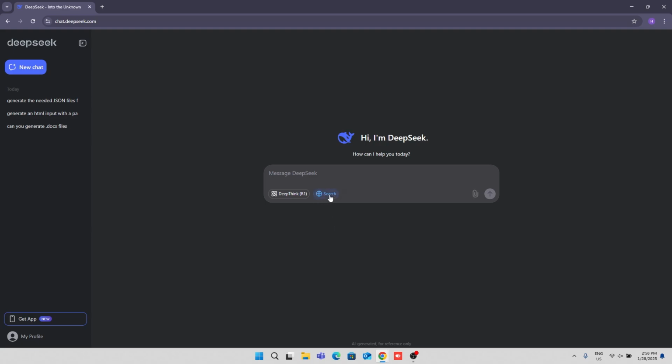Then also you have the search option. You can click on that as well or unclick it. When it's clicked, then it'll search the web when necessary. So for example, if you ask it about something on the market, like what laptop is the best to buy, or anything else similar to that, or just anything that needs to be found online,